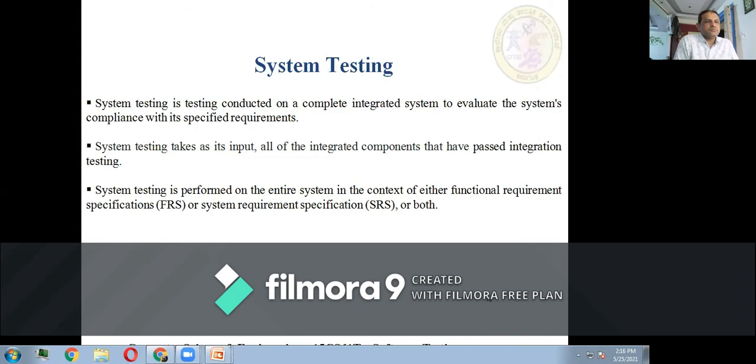System testing is performed on the entire system in the context of the functional requirement specification or system requirement specification, or both. So that is what we do in the case of system testing. We give the input and we check whether the software or the system is getting the desired output or not.